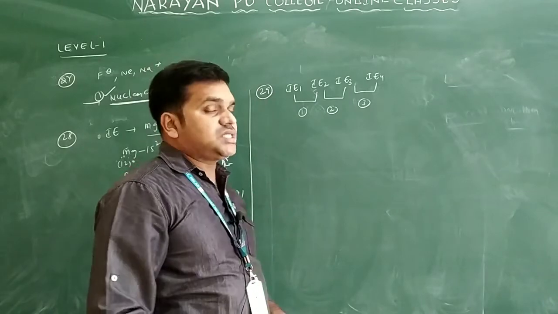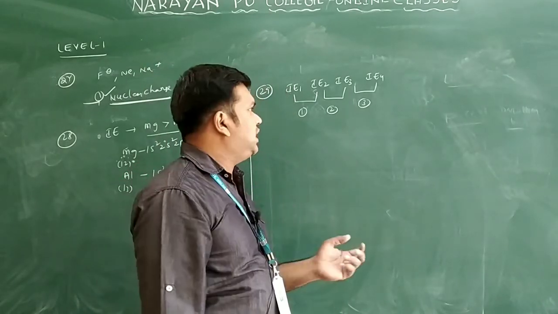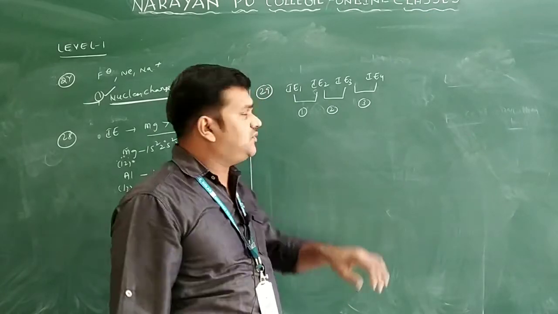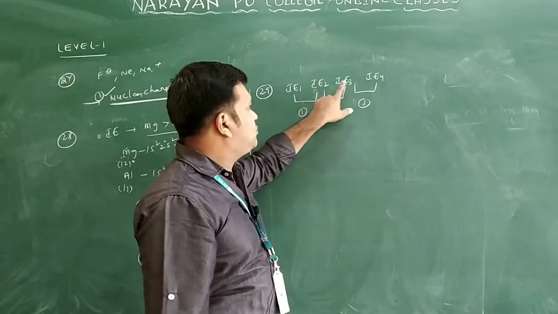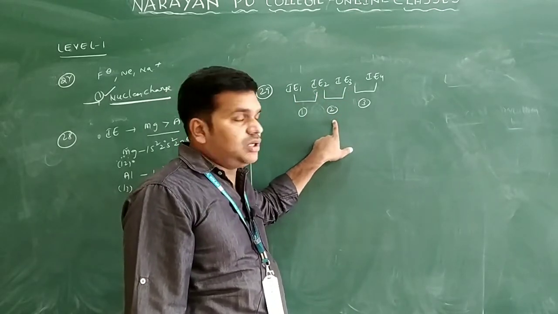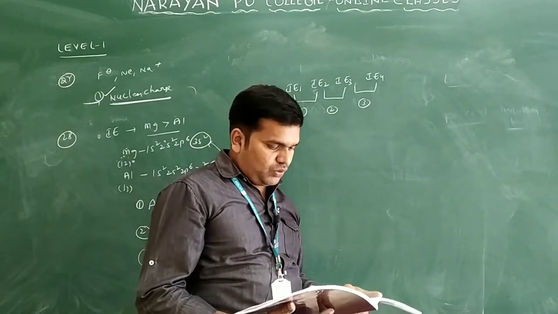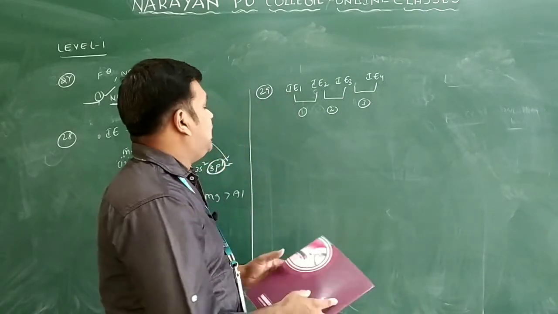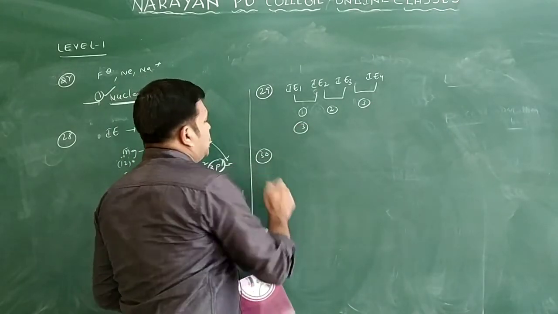So if the ionization potential IE2 is more for which one? Alkali metal only. Then we can go for IE3 and IE4 like this. From IE1 the change in valence electron is 1 only. IE2 to IE3, the change in valence electrons is 2 only. IE3 to IE4, the change in valence electrons is 3 only. So what is your answer? Your answer is 3, all valence electrons only. You will take option 3 for this question only.